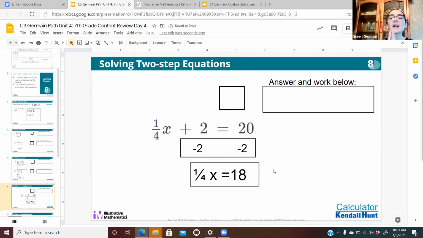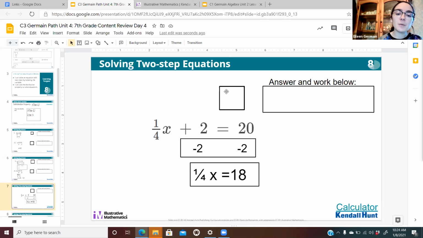Now, if we think back to our work yesterday, how do we undo a fraction that's attached to an x like this? It's attached through multiplication, so you might think we have to divide it, but we said when we have fractions, we're going to want to do something with the reciprocal. Nice job, Bridget and Avery on that one. And the reciprocal of that fraction, like Jaden said, is going to be